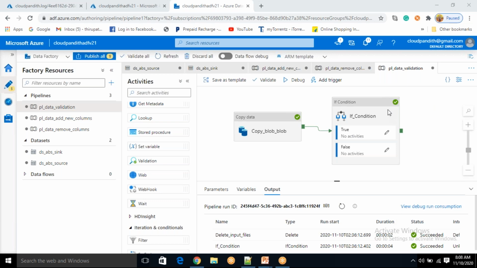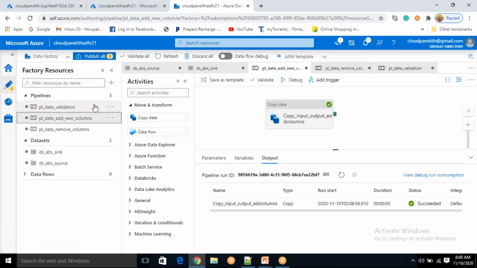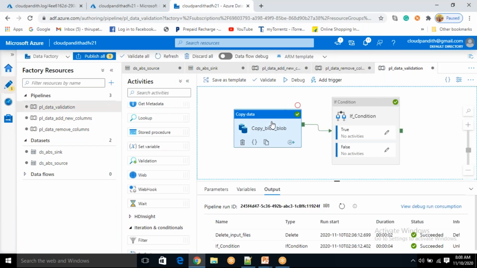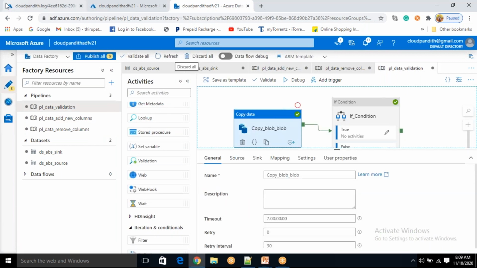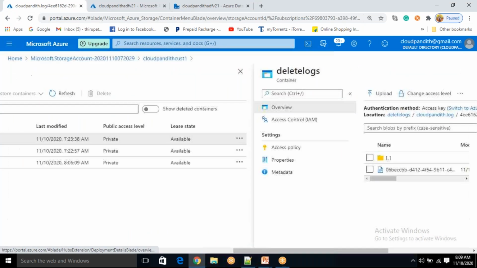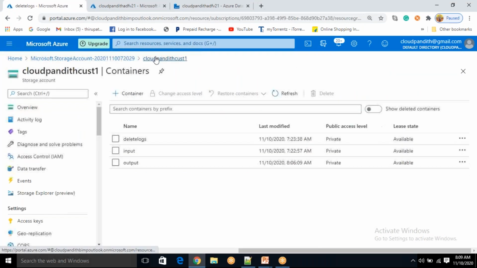Sir, here you are using 3 pipelines? See, to understand clearly, I have used all these things. Very good question. Now, in the same pipeline itself, I want to add new columns and load the data. How will you do that, friends? Same thing you need to do.